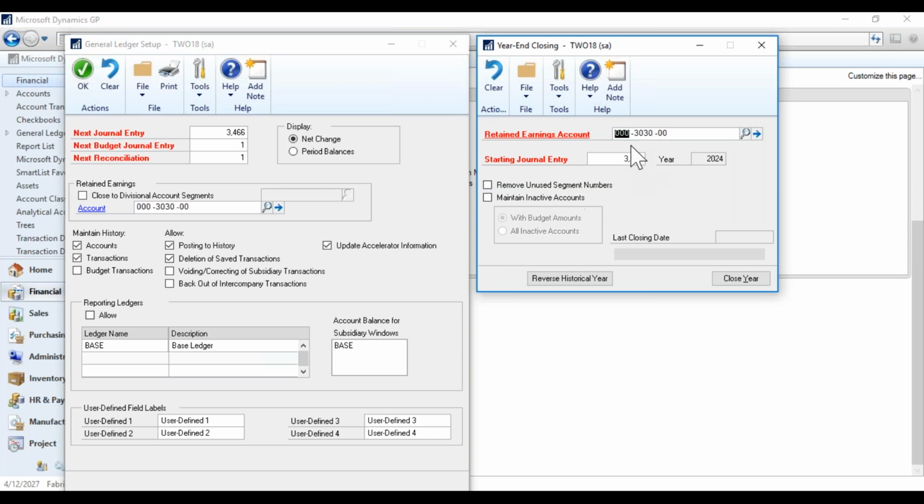Remove unused segment numbers. If you had created a segment that was never used, you can remove those. Right here is the option, maintain inactive accounts. I strongly recommend you always check maintain inactive accounts and all inactive accounts. The reason why for this is nowadays it's not going to affect a lot. Computer storage is cheap. We can maintain that historical information. And if you ever get